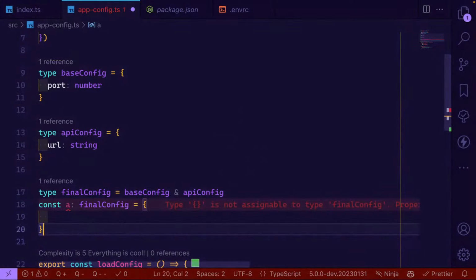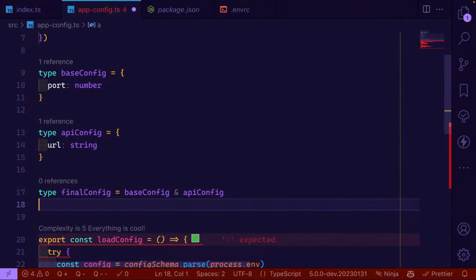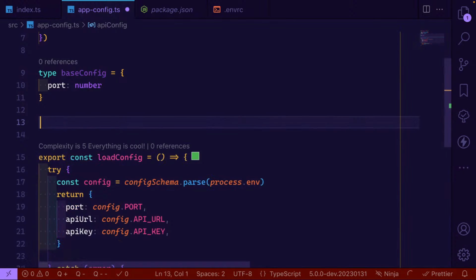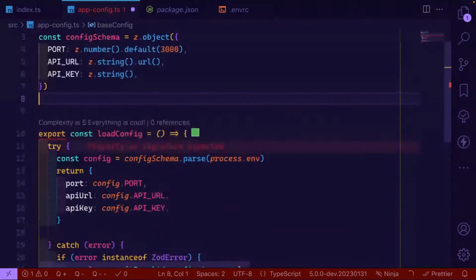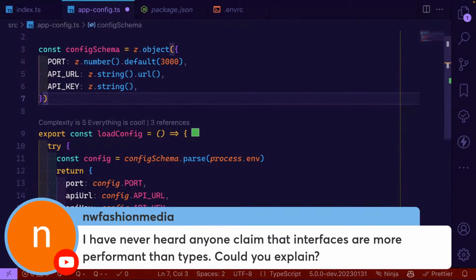You actually got a question on that. I have never heard anyone claim that interfaces are more performant than types. Could you explain? Interfaces and types are very difficult to tell apart because the performance is negligible, I guess, if